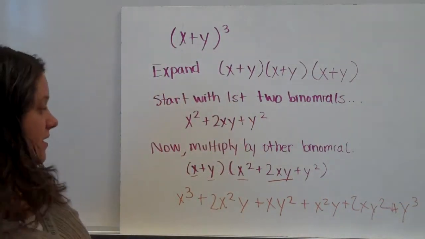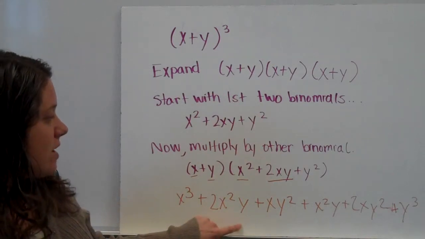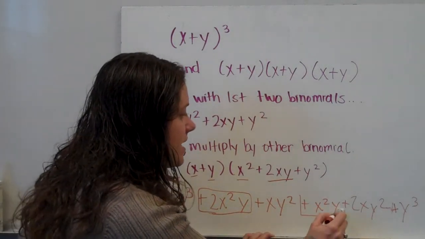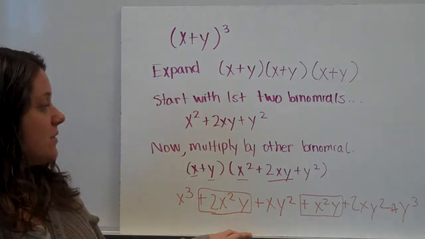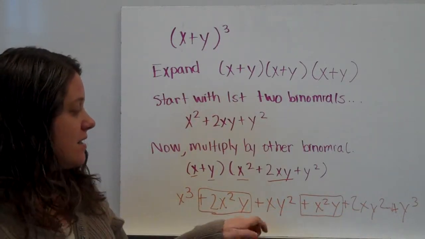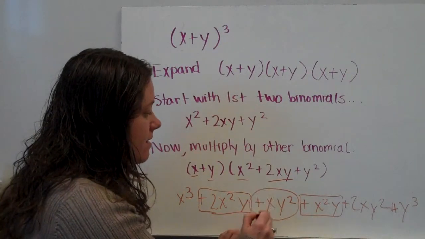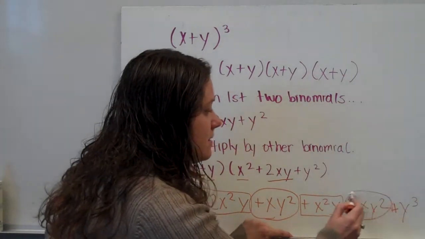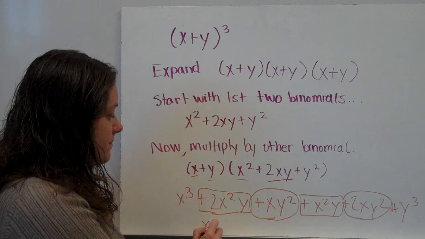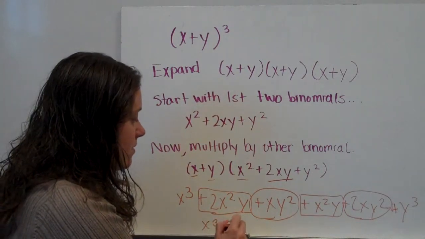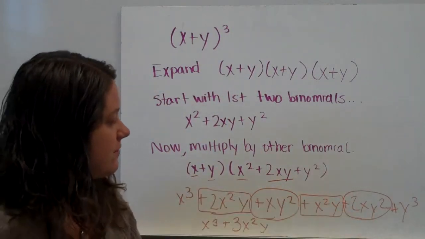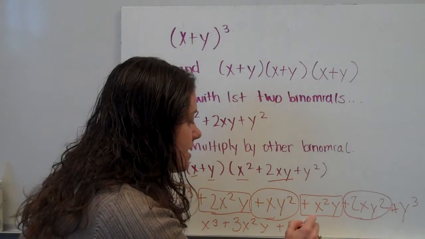Okay, now I'm going to look back and see if I can combine anything. I have 2x squared y, and look here, I have an x squared y here, and I have an x squared y here. Now again, make sure you're taking the signs with them, and I made this pretty easy because everything's positive, but just make sure you're always taking the sign with it. And then I have an xy squared and an xy squared. So I can combine those, so I'm going to put x to the third, and then I have 3x squared y, and then I have one of these and two of these, so that's 3xy squared